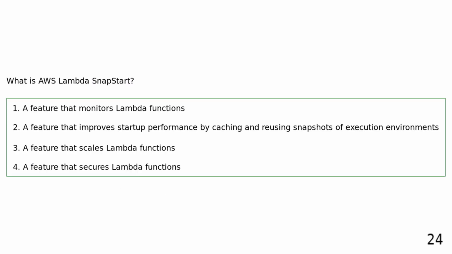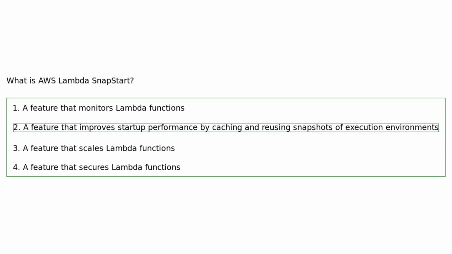What is AWS Lambda SnapStart? A feature that monitors Lambda functions. A feature that improves startup performance by caching and reusing snapshots of execution environments. A feature that scales Lambda functions. A feature that secures Lambda functions. AWS Lambda SnapStart is designed to improve startup performance by creating and caching snapshots of execution environments, reducing cold